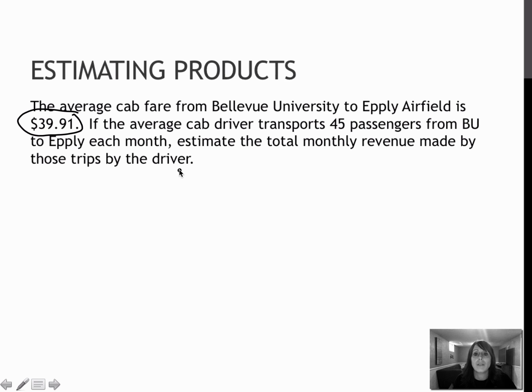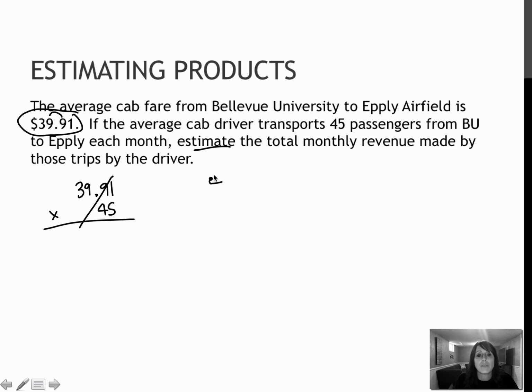Well, if I were trying to find the actual answer, I would have to take $39.91 multiplied by 45, and it would take me a little bit to multiply all that out. But if I'm just estimating, I would say that $39.91